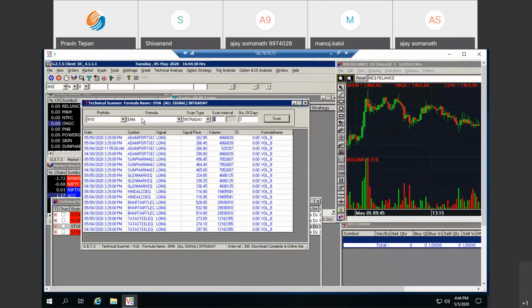Like this, if you want to run on OI breakout, you can run on OI also, for future scripts and option scripts. Suppose I want just a 10% OI increase, then I can run that scan too. So volume breakout, price volume breakout, OI breakout, pivot breakout, all the scanning can be done from the technical scanner. This is just an example. You can run many scans from the code itself.